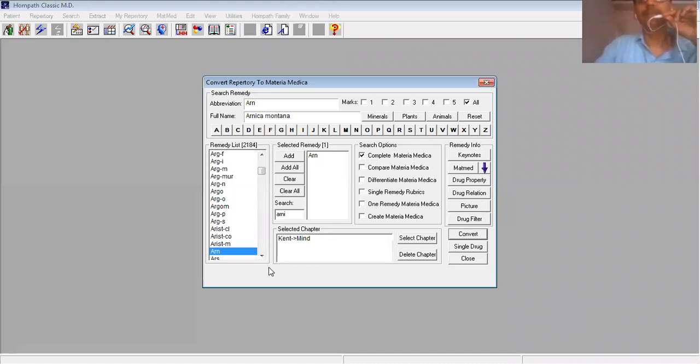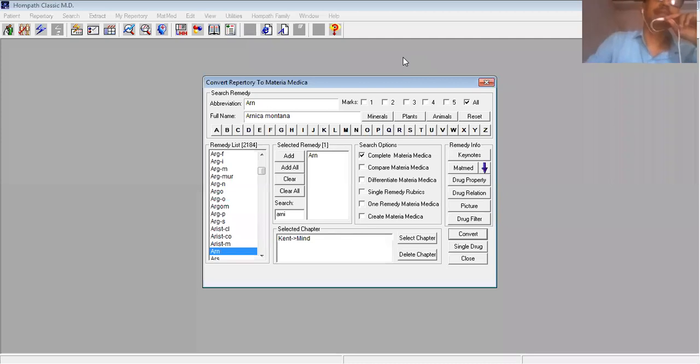For the newcomers, I will again repeat what I am doing. I am demonstrating the use of homeopathic software containing homeopathic repertory for indirect study of materia medica. From Hompath software, I have selected the extract function.